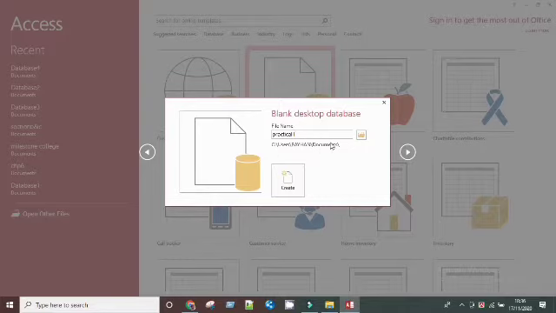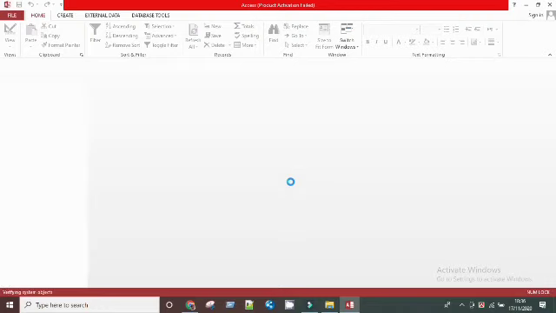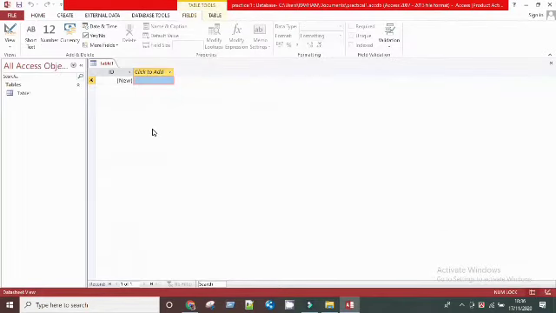For example, I want to create a database for practical 1, so I will name it practical 1 database. I will insert some tables in my practical 1 database, and you can save your database in a specified location. By default it will save your database in your documents folder.